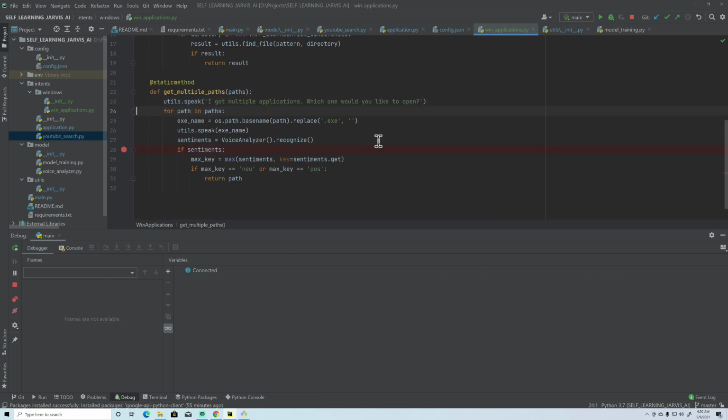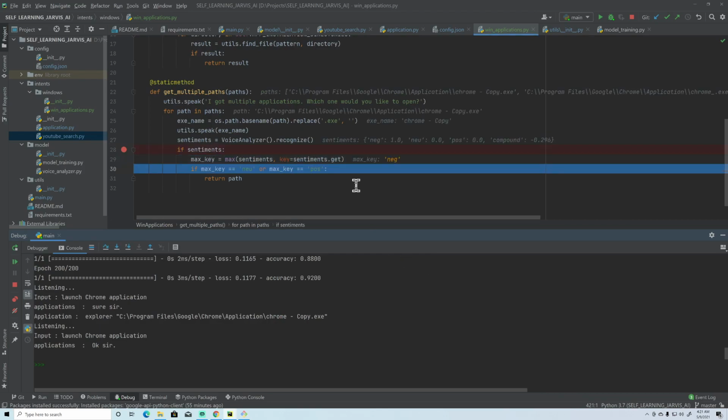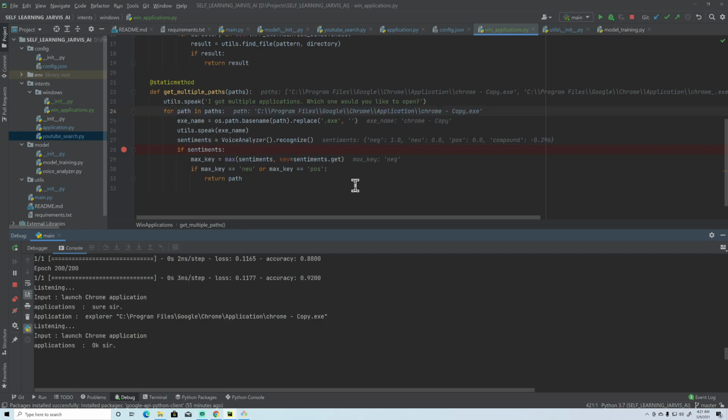Chrome copy. No. Right, so this is a negative, so that is why it comes here. Then again it will ask for the second file. Yes. Chrome underscore proxy.